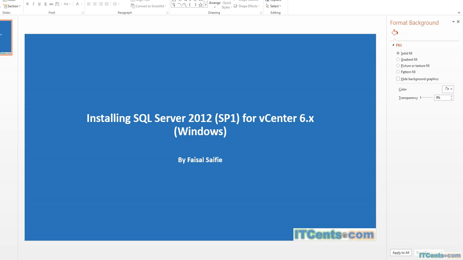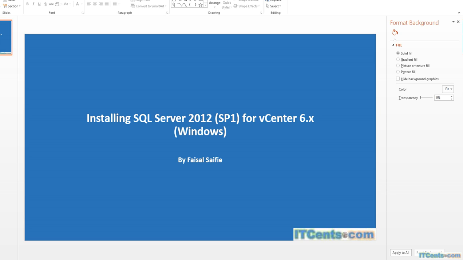It's easier because if you can afford a SQL server dedicated for vCenter, you don't have to have an enterprise edition or something big. You can just have a standard edition. And the reason, if you install it on vCenter,